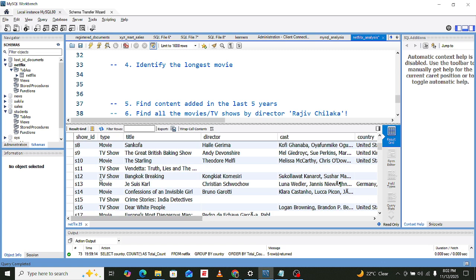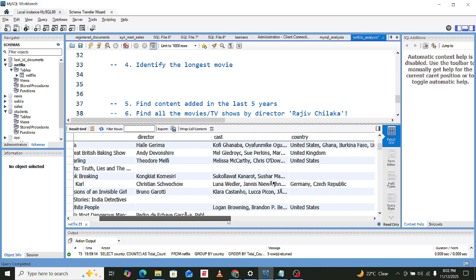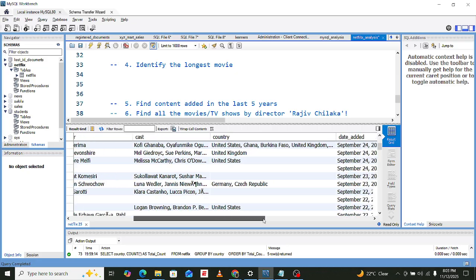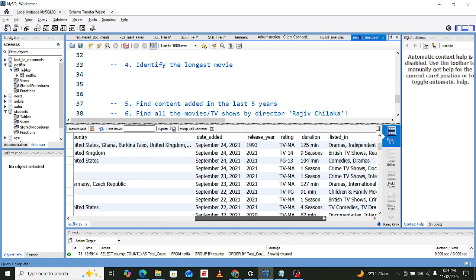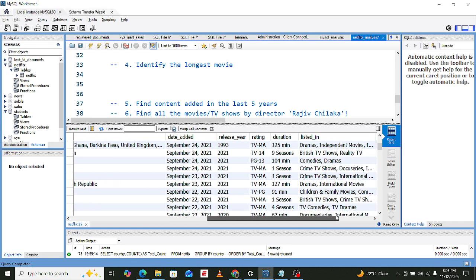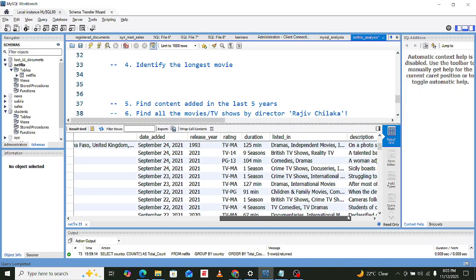So in here, Elizabeth, we have a Netflix database. We have the type of movie. It can be movie or a TV show. We have the title. We have the directors who are involved in the movie. We have the cast, country, date added, release year, ratings, durations, listed in.